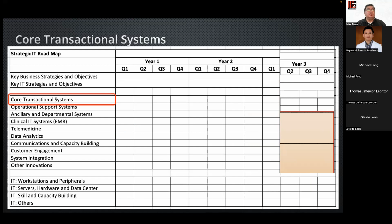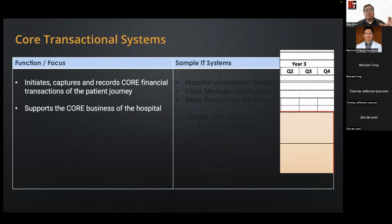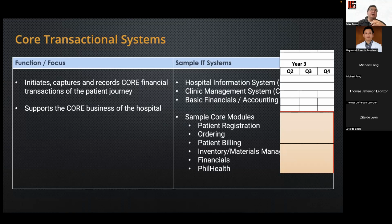Okay, so the first domain is actually the core transactional system. So ito ang start agad ng lahat. Almost all hospitals will start with this one. The core transactional system is the one that captures, initiates, and records all the core financial transactions of the patient journey. Okay, patient and the transactions niya. So that's the core, because that is the business of the hospital, to deliver patient care and then in exchange for money, diba? So ang mga sample IT systems na nandyan sa core are the HIS,